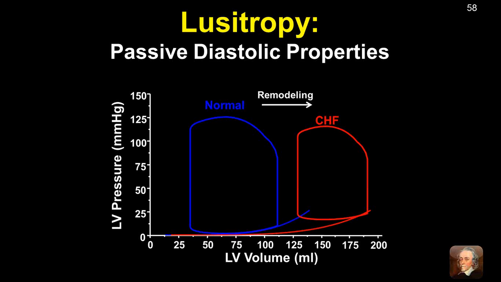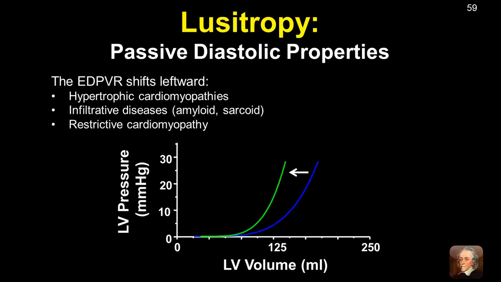So if your research involves heart failure, looking at the end diastolic pressure-volume relationship and looking at changes in it in response to interventions is an extremely important part of evaluating and characterizing the disease state and also the impact of a therapy. In addition, not only can that curve shift to the right towards larger volumes, but it also can shift